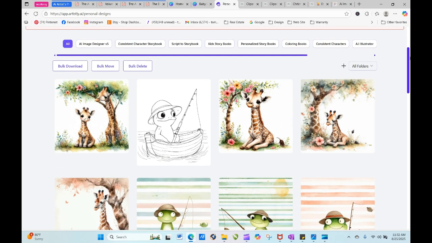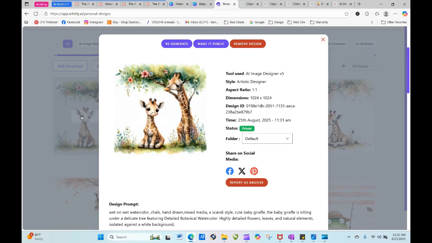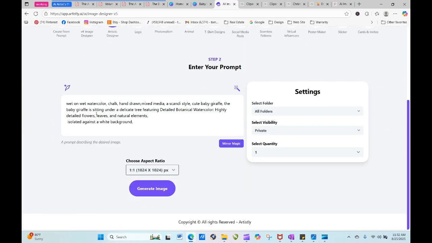So, okay. So now we have a weirdness here going on. So that one's not working out. So we're going to take that out, and I'm going to kind of start over with it. Okay, so enter a delicate tree featuring tree. And we've got